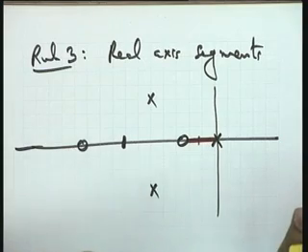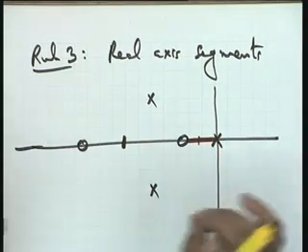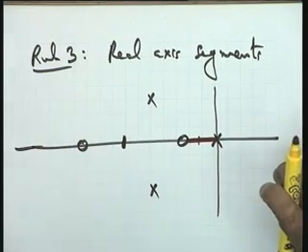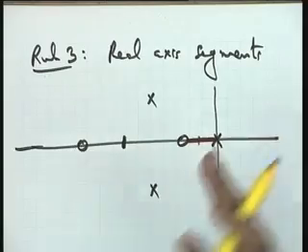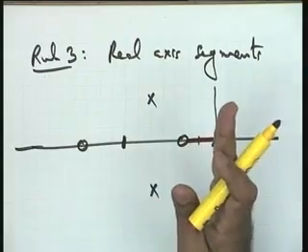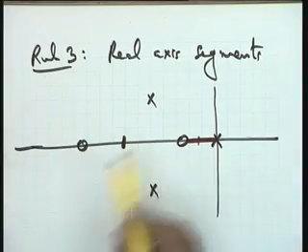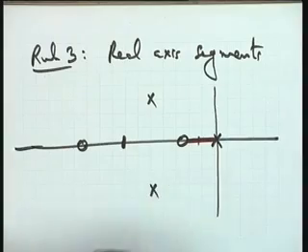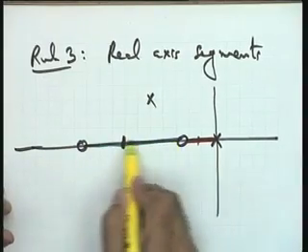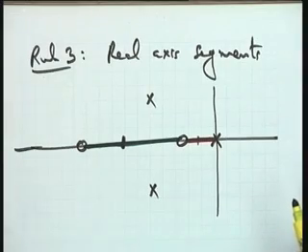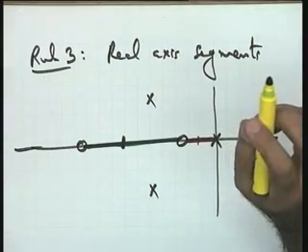Whether it's a complete branch or not, we don't know, but every point on this red segment will be a point on the root locus, because it satisfies the requirement that to the right of every point of this red line, the number of open loop poles and zeros is odd. Look at this total segment, the green one. The number of open loop poles and zeros is not odd, and therefore this particular green segment does not lie on the root locus.